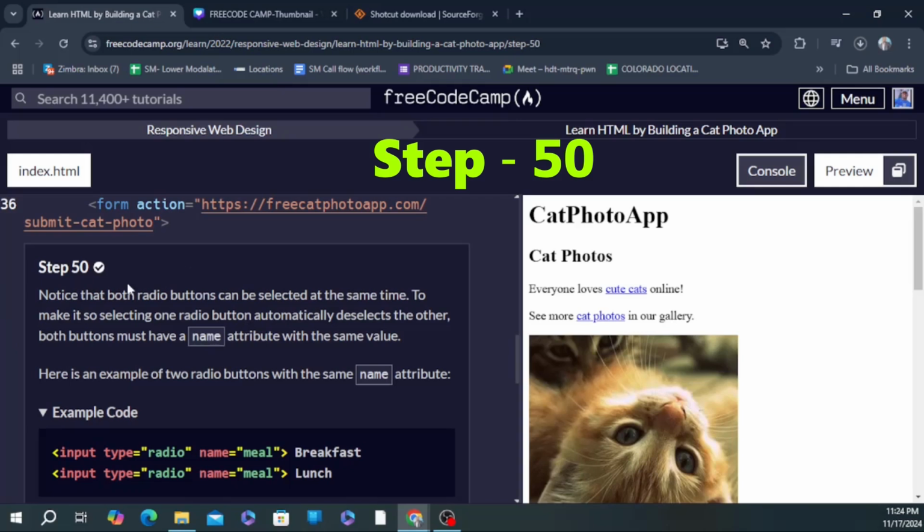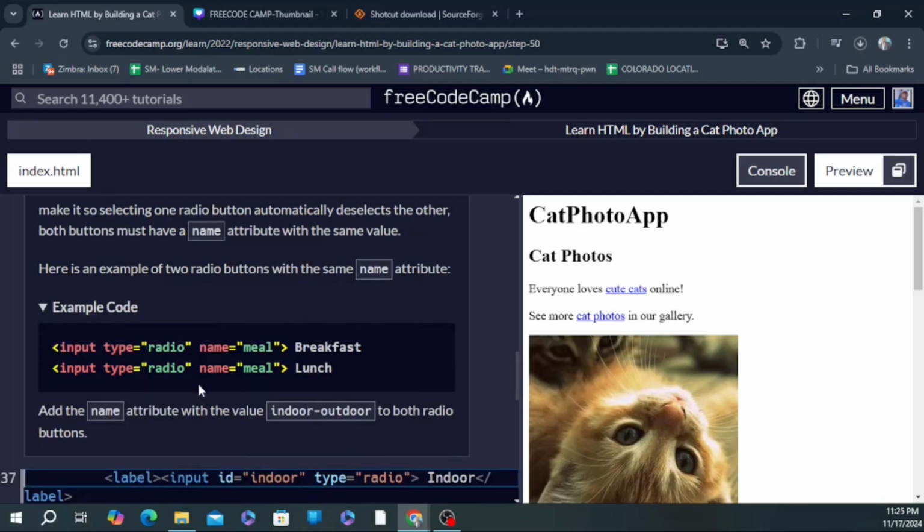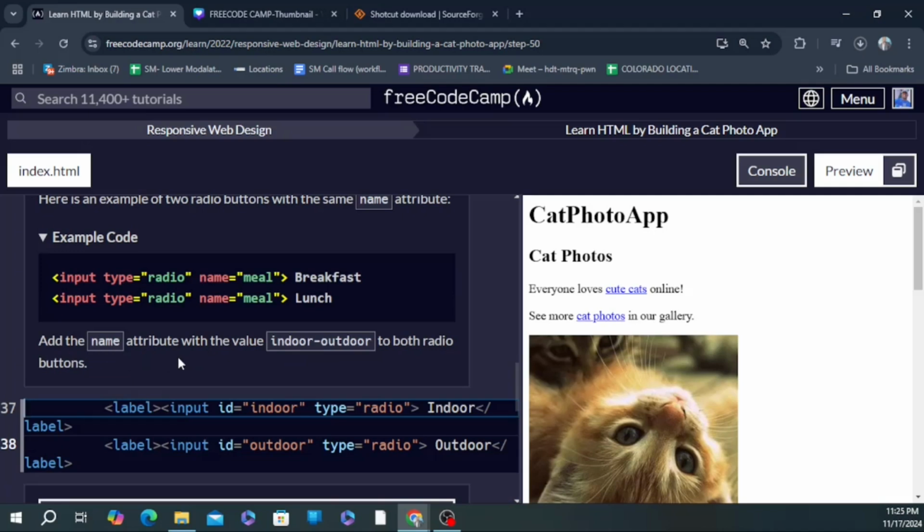Now step 50. Notice that both radio buttons can be selected at the same time. Make it so selecting one radio button automatically deselects the other. Both buttons must have the same name with the same value. Here's an example of two radio buttons with the same name attribute. Okay, radio button name mail. So now add a name attribute with the value indoor-outdoor